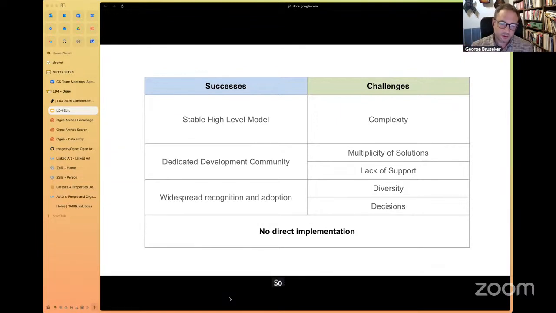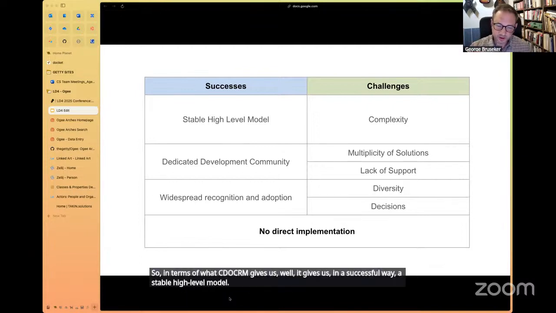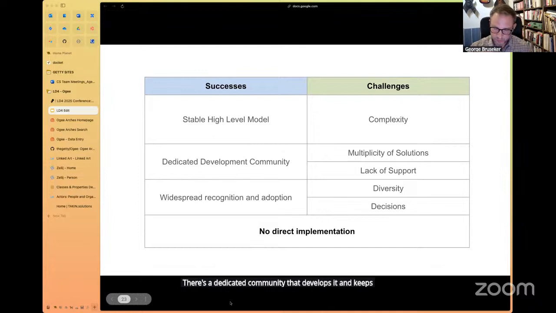So in terms of what CIDOC CRM gives us, it gives us in a successful way a stable high-level model. There's a dedicated community that develops it and keeps it robust and logical and keeps it up to date. It is well known and adopted, so that makes it ever more valuable to use.